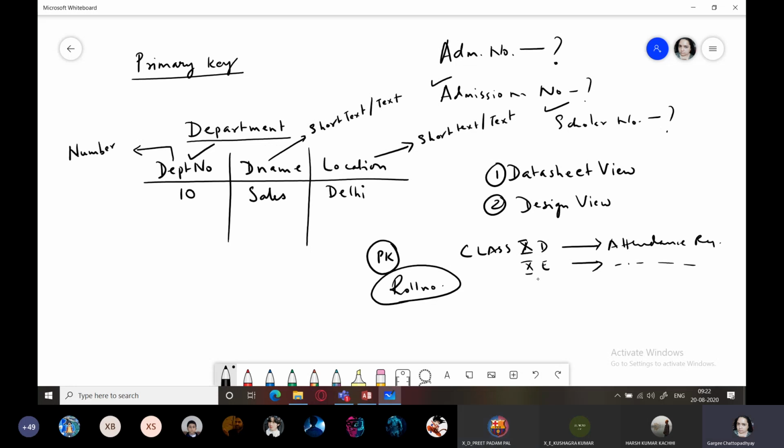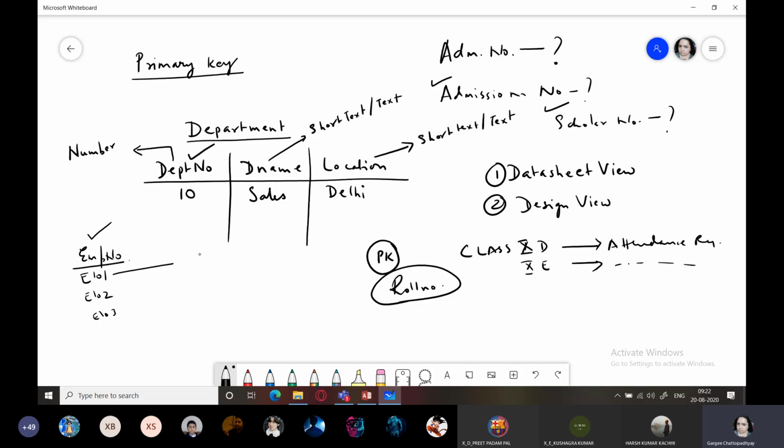My dear, in the employee table, let me tell you, you had something known as employee NO, which was used to uniquely identify every employee. Now, no two employees will have the same employee number, but two employees can work in the same department.